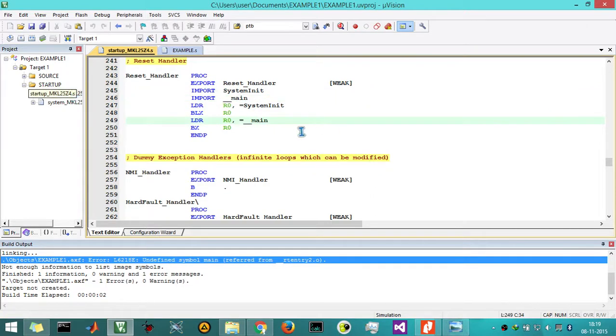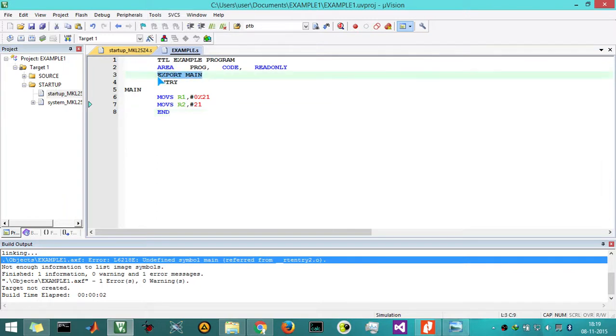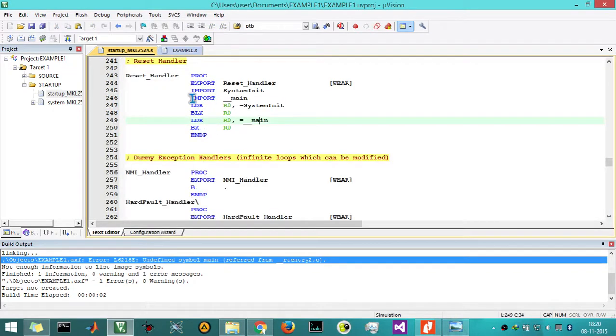What we are supposed to do is, in our program we are exporting main, and this main is labeled as capital letters MAIN, and here we are importing main, and this main is labeled as __main with two underscore symbols. Now we are supposed to change this to a format where we have created the label main in our main program. So now the essence of importing main is that our program execution will start from